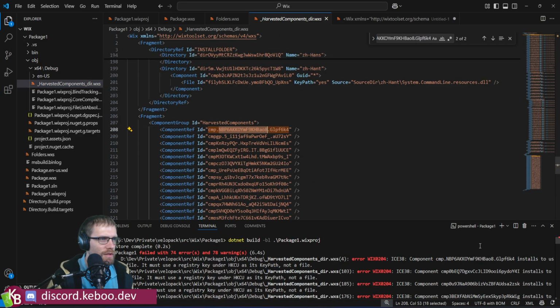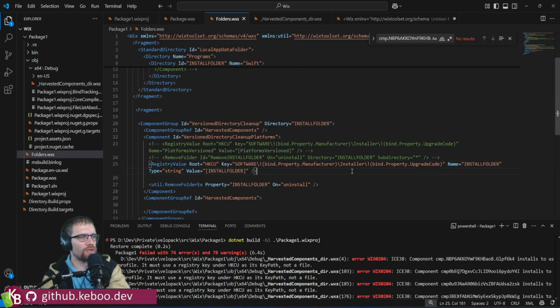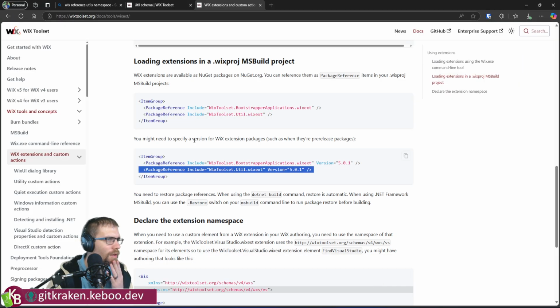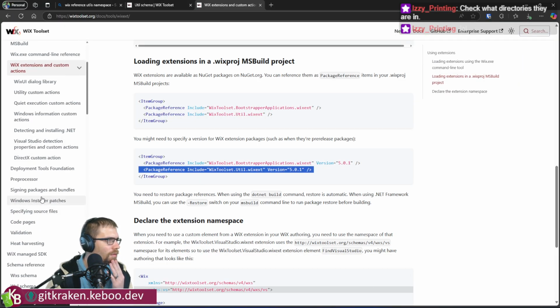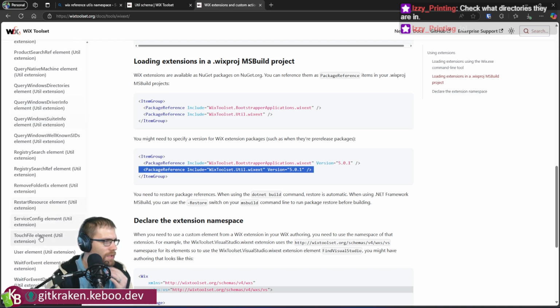Yeah, so this guy here is the first component. So this deals with the install folder, but how do I say torch everything in the directory? That's, I think, what I am now missing in my knowledge. Because in this remove folder,